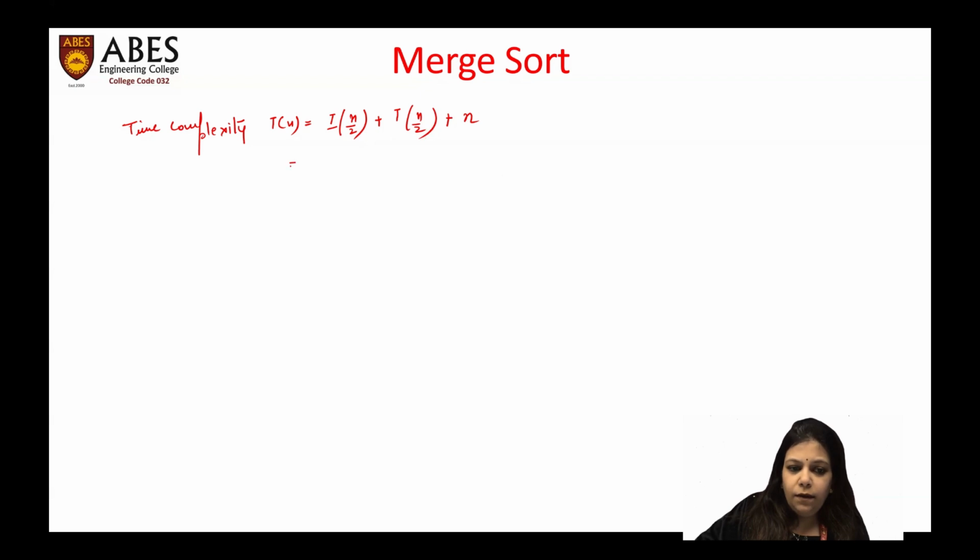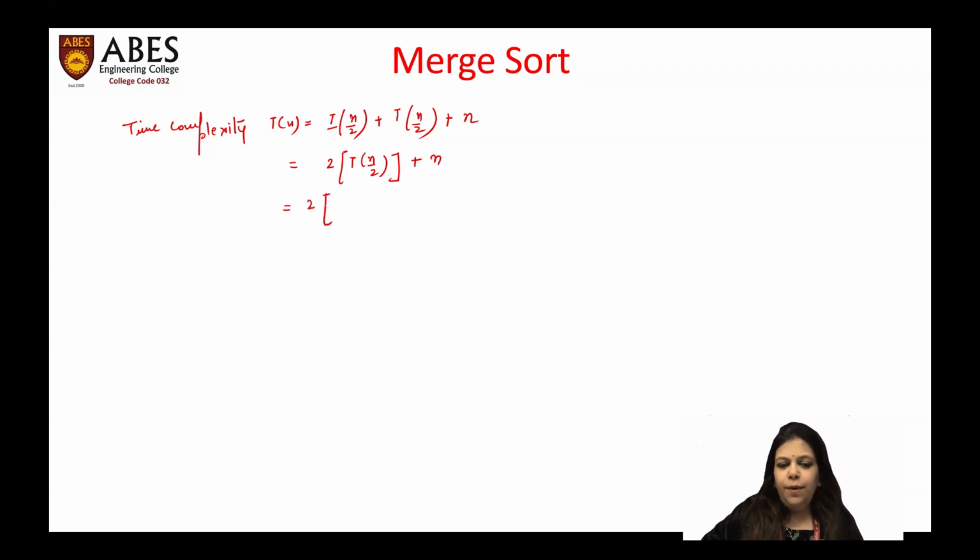Now, again, we can write it as 2T(n/2) plus n. Now, suppose again we are dividing this problem with the size n by 2 into two parts, right? So in this case, it will be 2T(n/4) plus T(n/4),